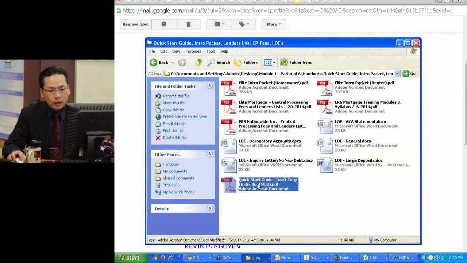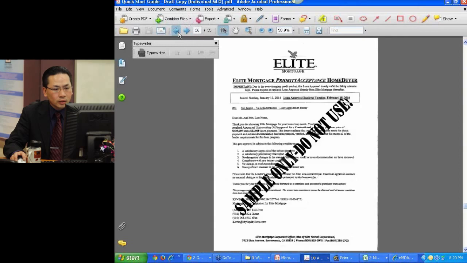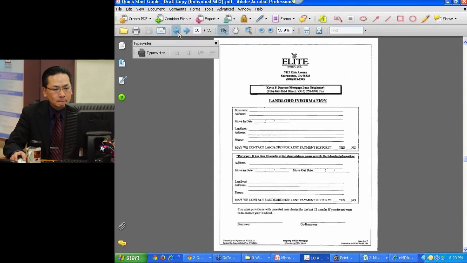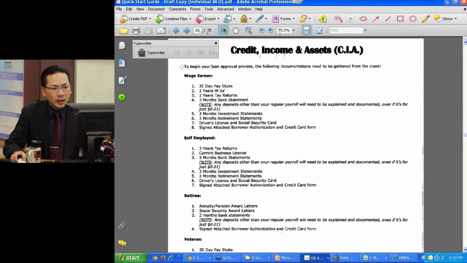Actually, it's part of the Quick Start Guide, and we're updating this, you'll see it. In the Quick Start Guide, I believe, let me look here, on page 35,